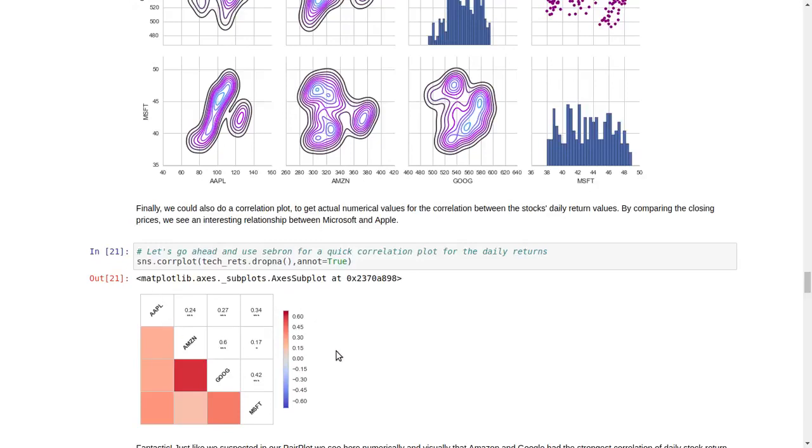Now here finally we have gone through the SNS plotting. So finally this is the output which we have got over here, and this is the quick correlation plot for daily returns. Thank you.